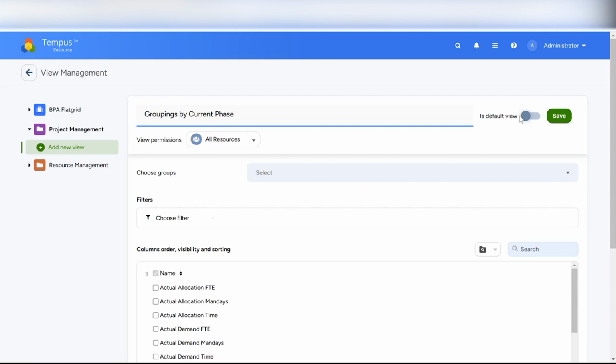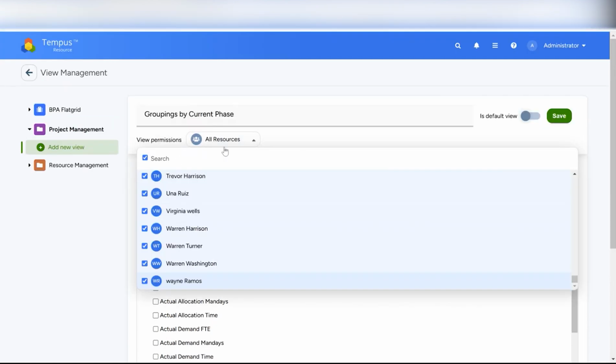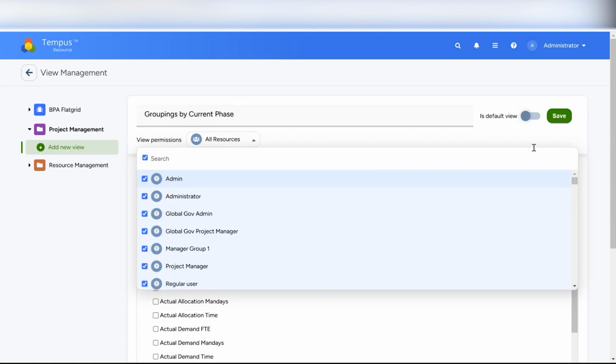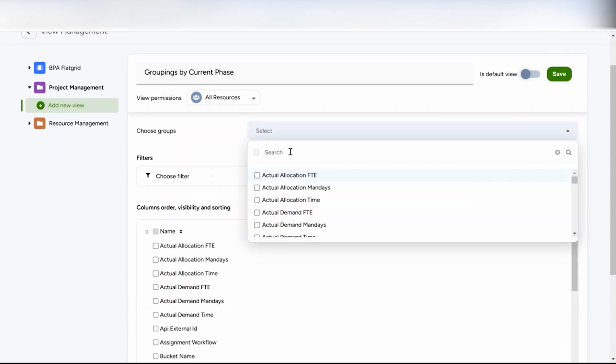So again, if I wanted to make this the default view for the users I'm sharing with, we'll leave this on all resources. But if I wanted to pare down and only share with certain users, we could do so. But here's where we'll choose that group. So in this case,